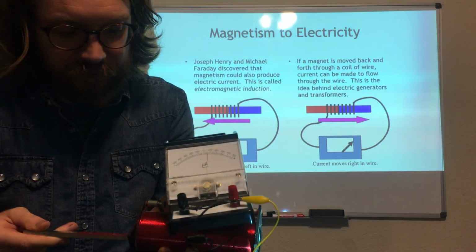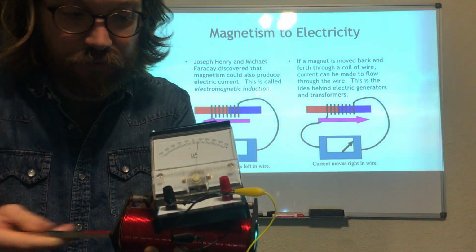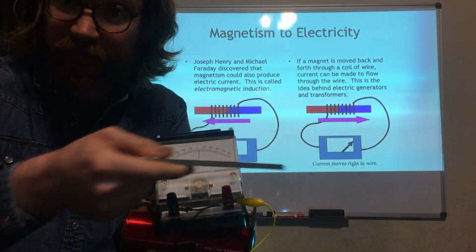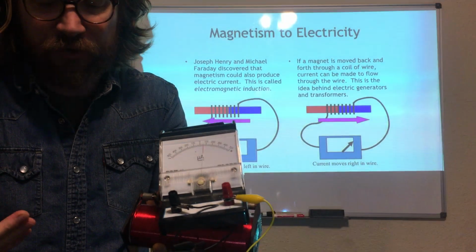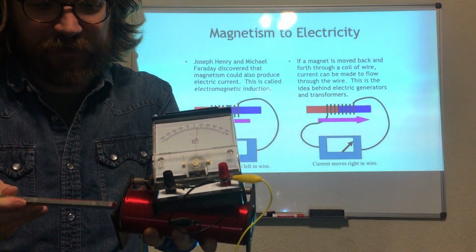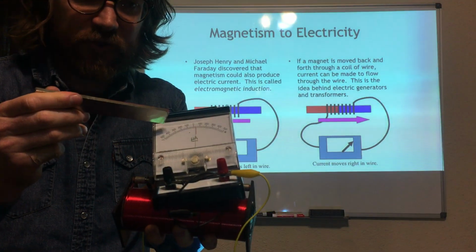Notice that if I move the north end to the right, I get what's called a positive current. If I move it to the left, whoosh, I get what's called a negative current. All that means is if I'm moving it this direction, the electrons are moving in the